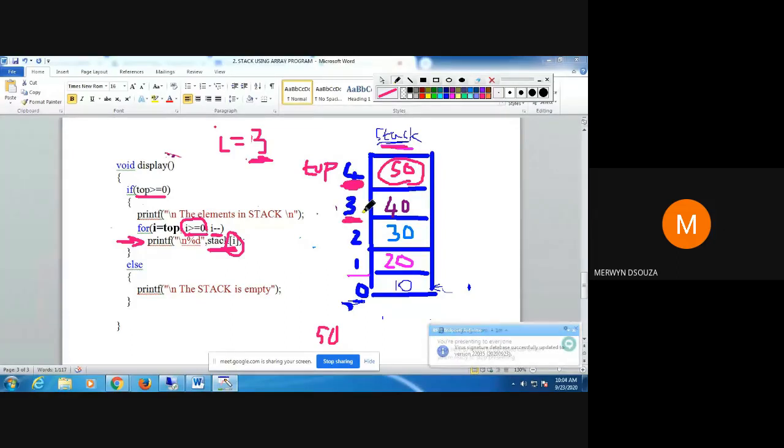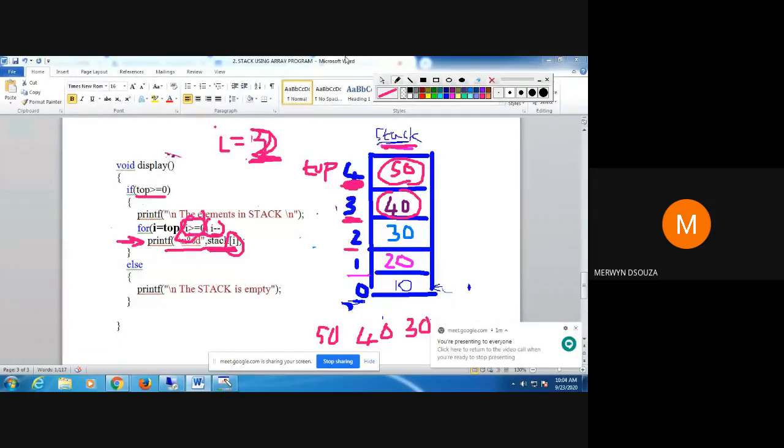What is stack of 3? The value is 40. The next value that gets printed is 40. I decrement, i will become 2. 2 is greater than 0. Next I print the value at stack of 2, that is 30.